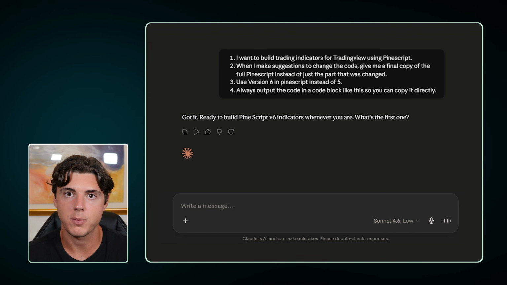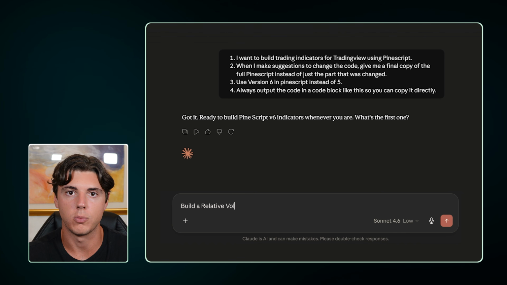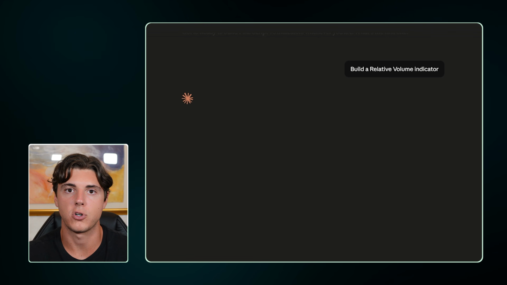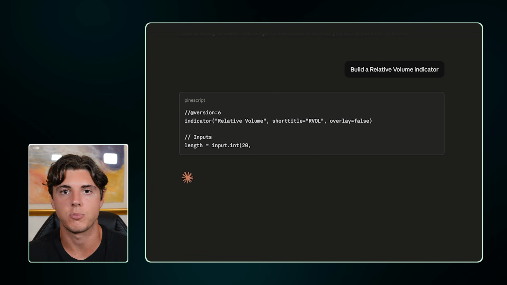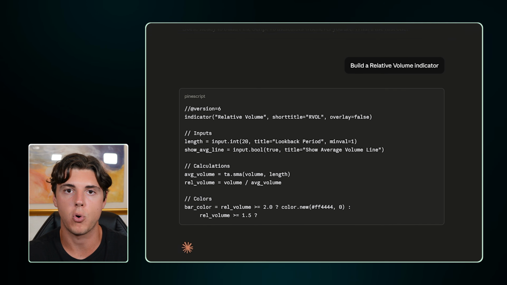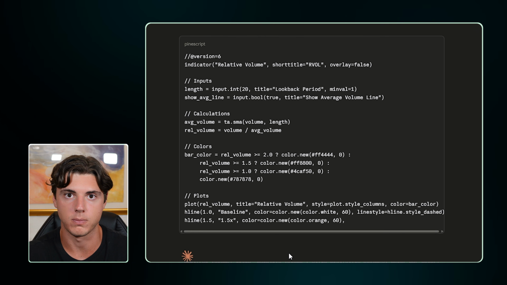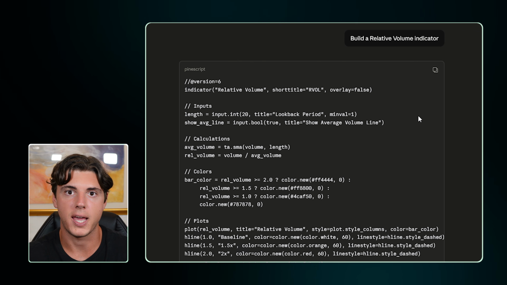When it comes to building this indicator, it's pretty straightforward. As long as you have an idea of what you want to build, all you have to do is explain that to Claude. I'm simply going to tell it, build a relative volume indicator. This is going to be the first iteration. What you'll notice is there are still some changes that we can do to make it even more useful to us and our system. Once it gives you the code, you simply head over to the top right, click copy,